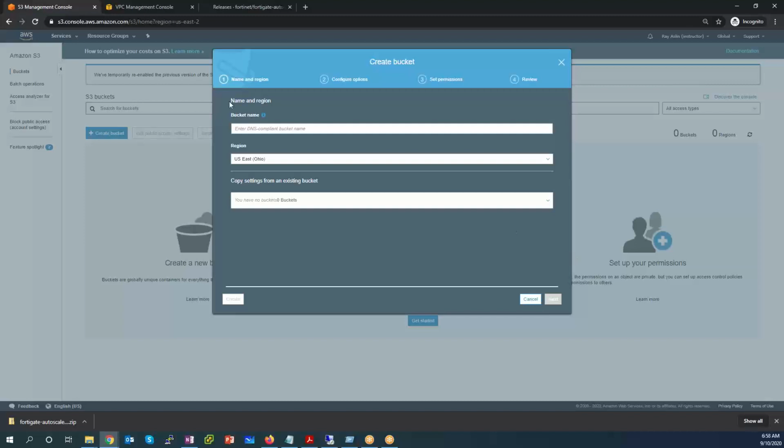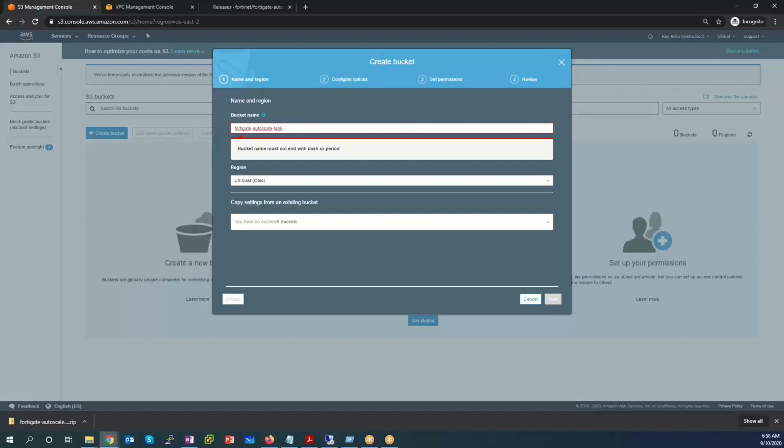So let's give it something like FortiGate autoscale. Let's get the mouse out of the way. Dash Lab 6, because this is for Lab 6. Today is September the 10th, so I'll say